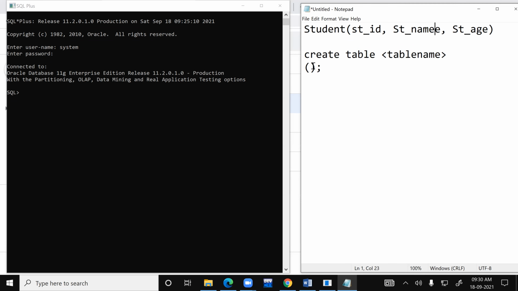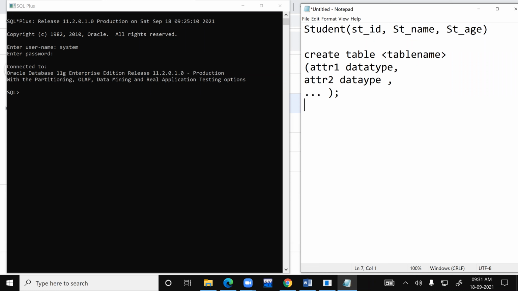So what you have to write here is you write the name, and then you will write all the fields, or you can even call it fields or attributes or whatever. You will first write attribute 1 and the data type of that, comma. The next line, you will write attribute 2, the data type of that, and so on. How many ever attributes you will have, you will go on writing. So this is the simplest way in which you can create a table.